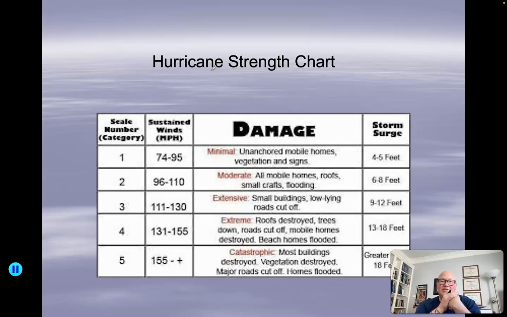So here's your hurricane strength chart, Cat 1 through Cat 5. A Cat 5 hurricane is considered catastrophic. That's because you could have storm surges of up to 18 feet or more. Now, when I say storm surge for a hurricane, whenever you hear the term storm surge, that doesn't mean that